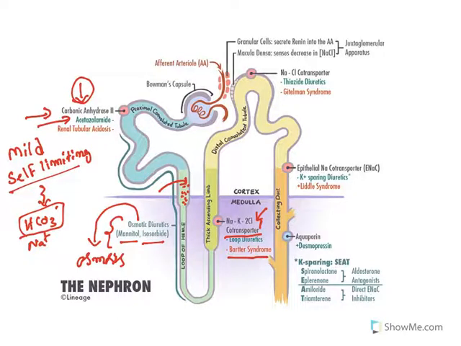Now after that you have thiazide diuretics. Hydrochlorothiazide, thiazide kind of drugs. They inhibit sodium chloride co-transporter. Any defect in this co-transporter results in Gitelman syndrome. Now finally the epithelial sodium channel will get targeted. They are also known as potassium sparing diuretics. Any defect in this channel results in Liddle syndrome.